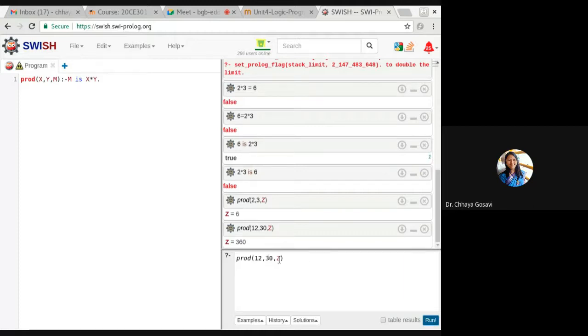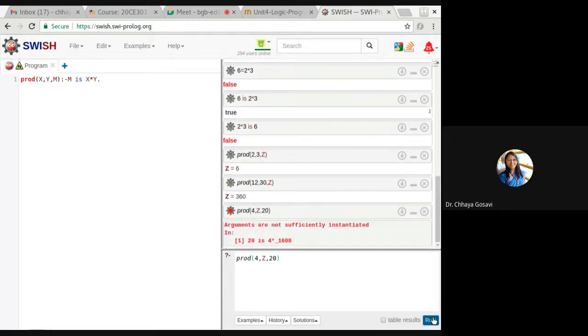But if the value of z should be 5, x is 4, y is z, and m is 20, the arguments are not sufficient.